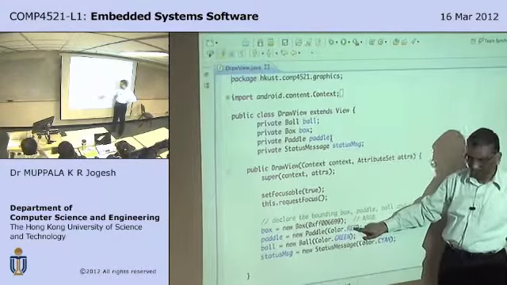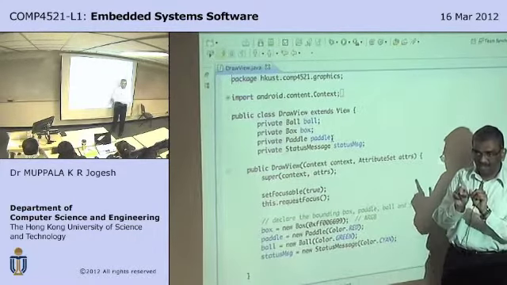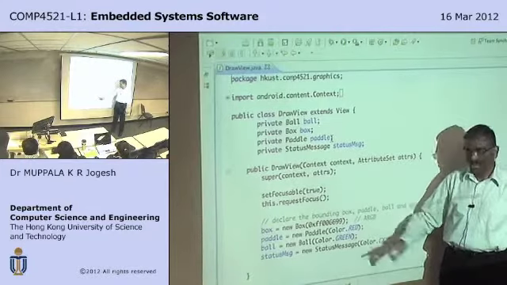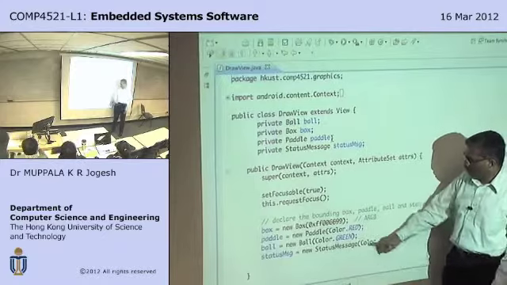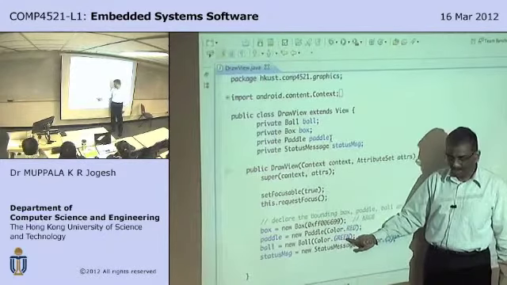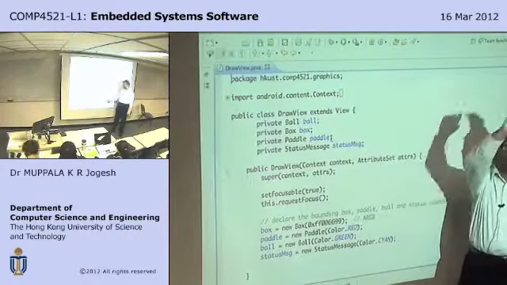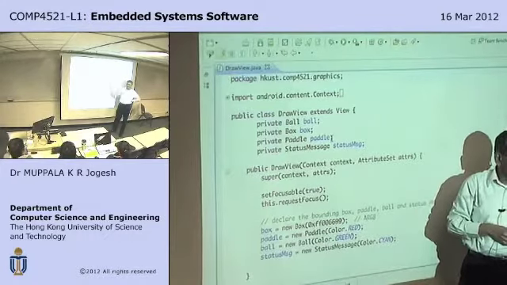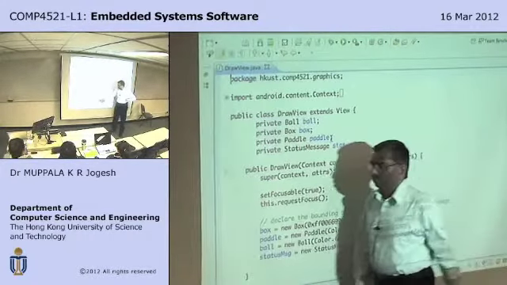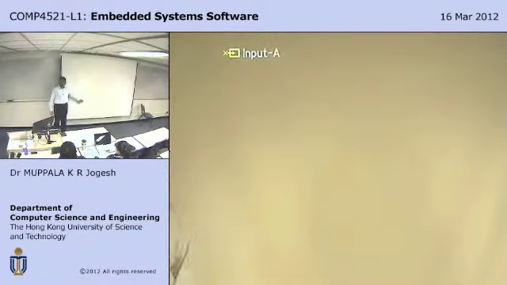This is a paddle. I declare a red paddle at the bottom for me to move, and inside the paddle class I specify the size of the paddle. I can increase and decrease the size of the paddle if I want. This is the ball. I create a ball. And then I create a status message which allows me to display things on the screen, like the current score of the user. So I have declared these four. All right, this is straightforward. This is the constructor class. Okay? Now,